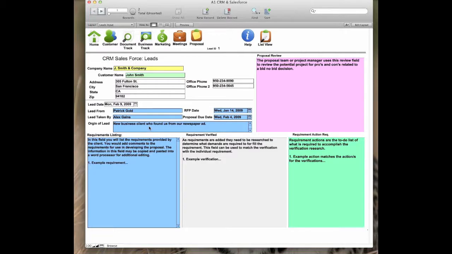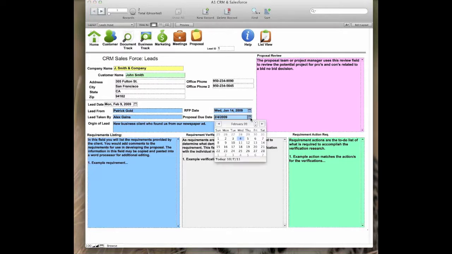It might be related to a current project or a new project. If there's an RFP coming in, what date are you going to get it, and what proposal due date are you looking at as far as finishing it? These things use drop-down calendars and drop-down lists to make them easy to identify the dates and information that you